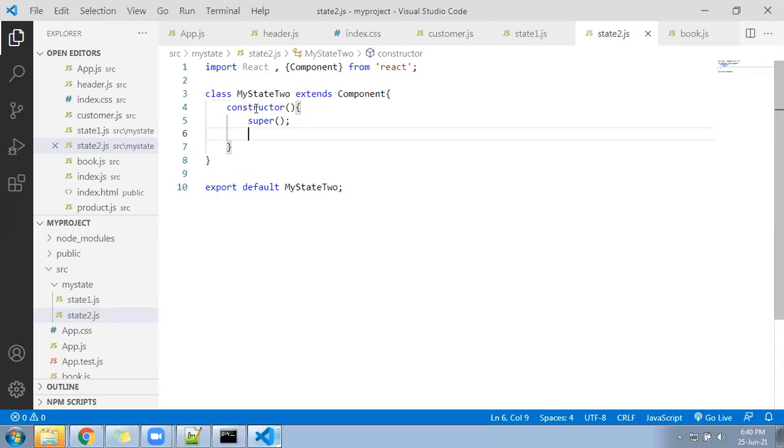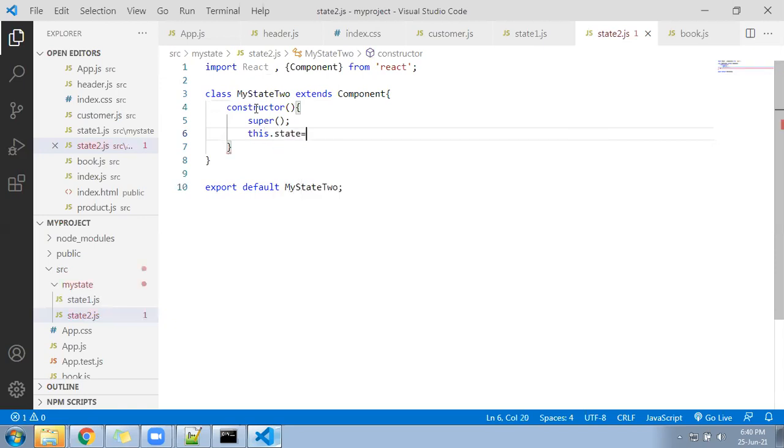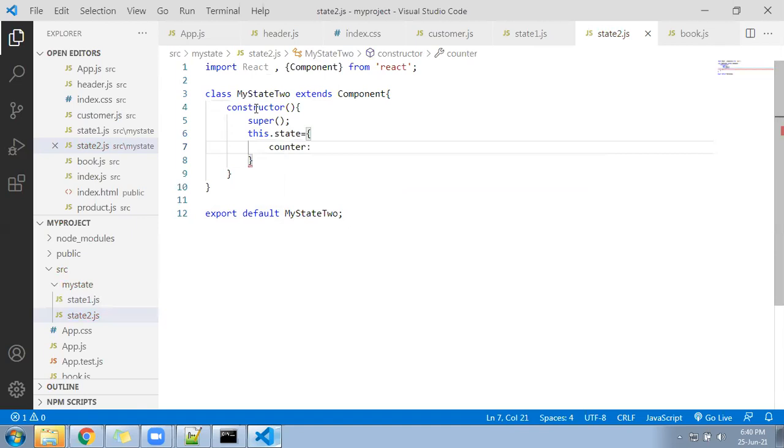After doing that, come inside, write this dot state equal to, create a variable counter. Simple. We created a variable called counter and we gave the initial value as 5.